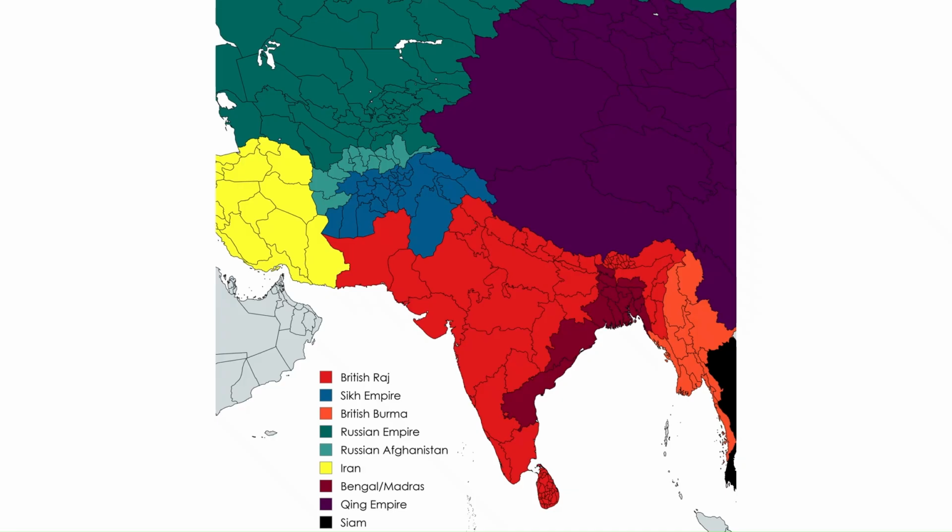We have now entered the 7th part of this series on alternate British India. In this video, we will go over both world wars and how this alternate India was impacted and affected by these conflicts. By around 1914, before the onset of World War I, India has around 180 million people on the